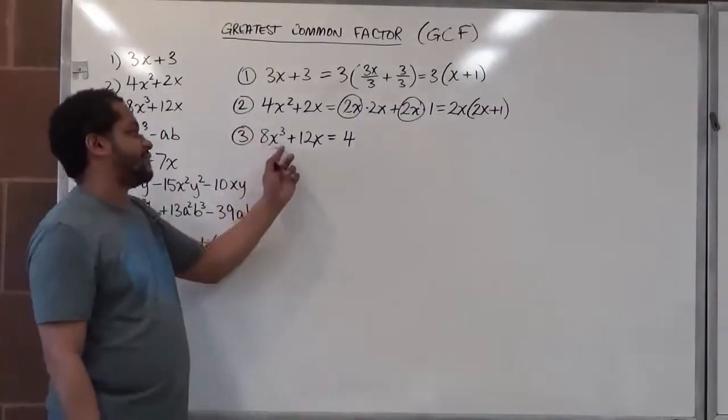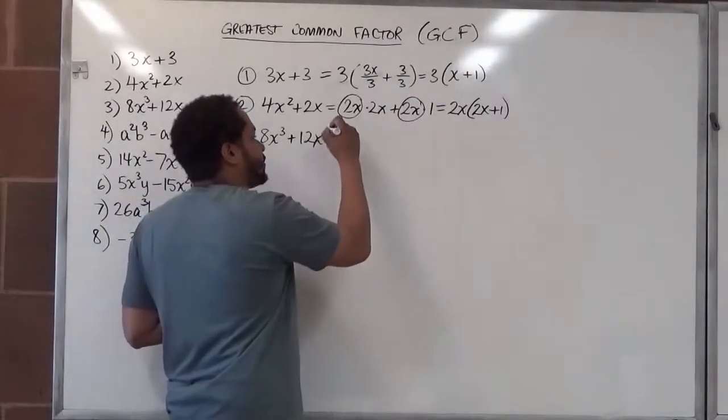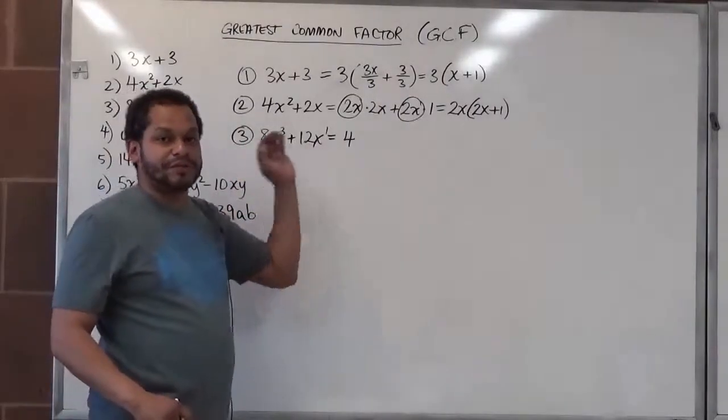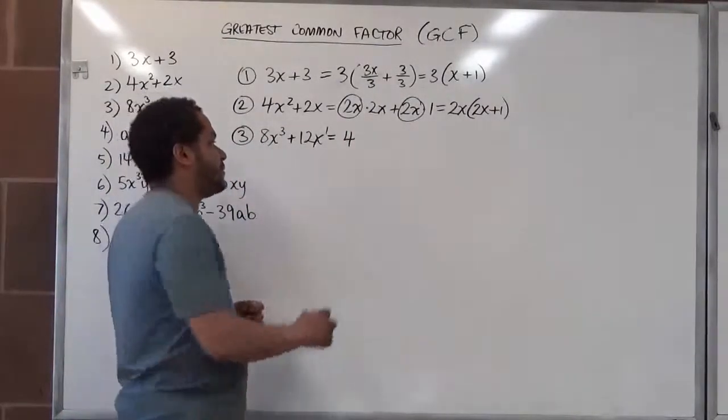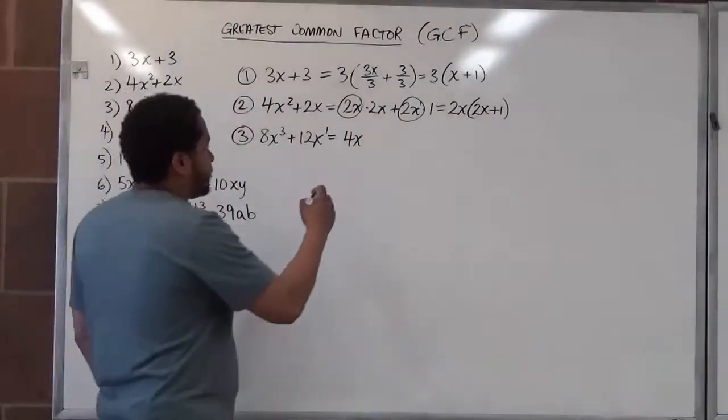Also, we look at the x variables. And here we have x to the third power, while here we have x to the first power. Another good technique is to take the smaller of the two powers and factor it out if they all have those variables. And so we're going to take out the x to the first power. Now what's left over is